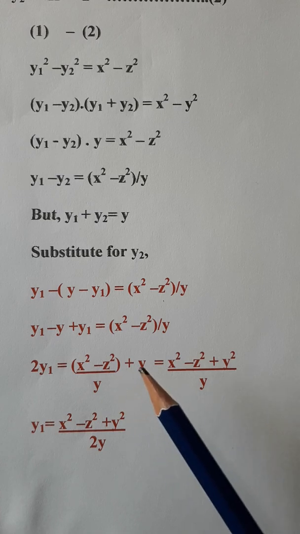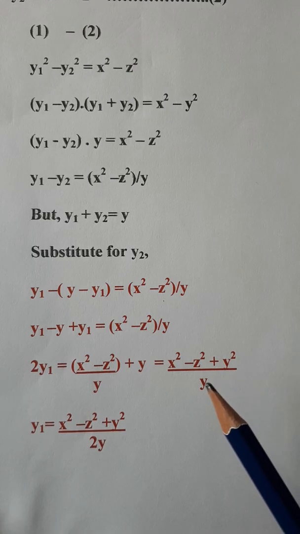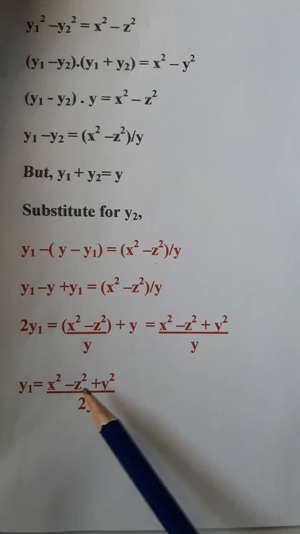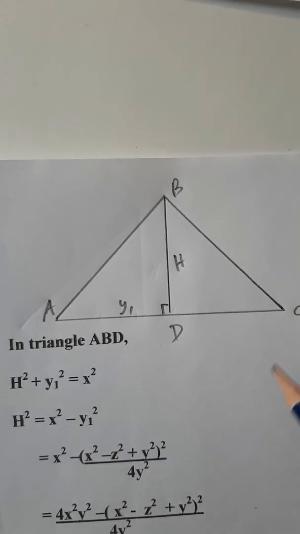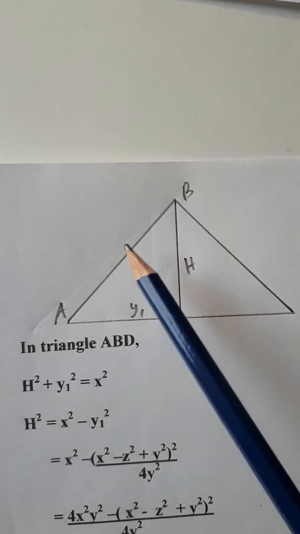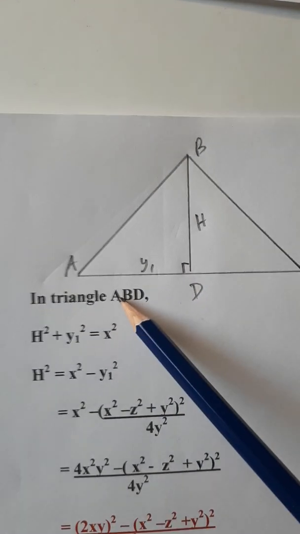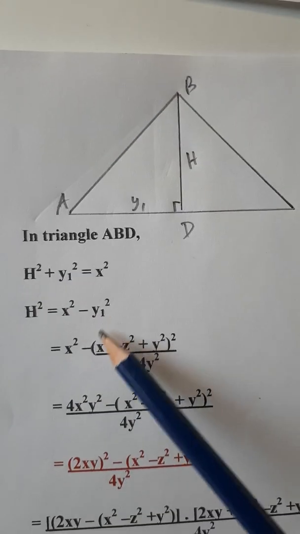So now this y becomes y squared when it is coming on the one line. And this is y1. So we have an expression for y1. Then in this triangle, we know that h squared plus y1 squared is x squared. And we already have an expression for y1. So we substitute for y1